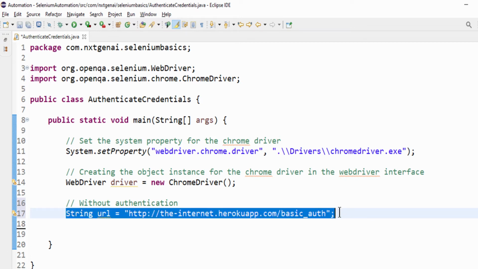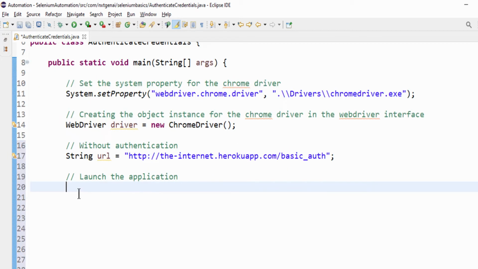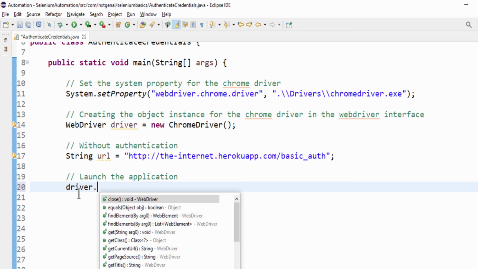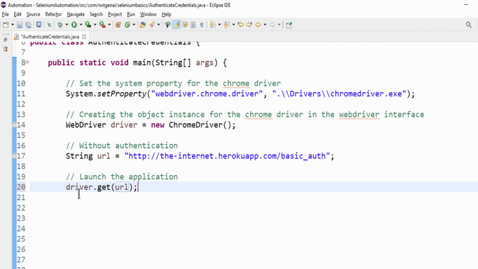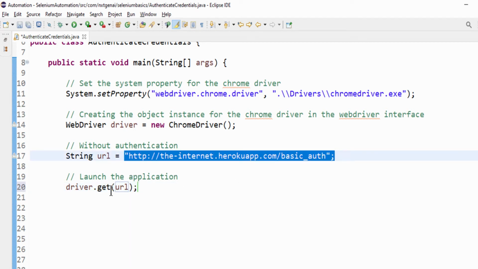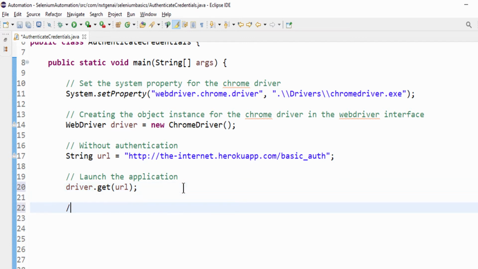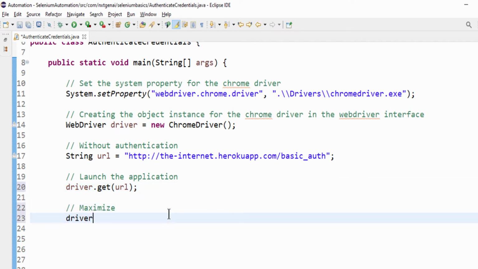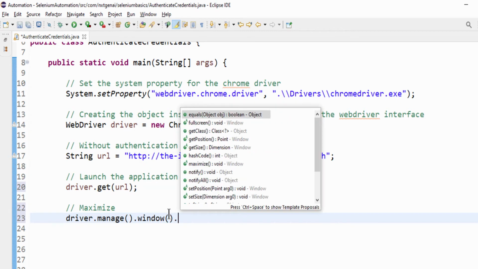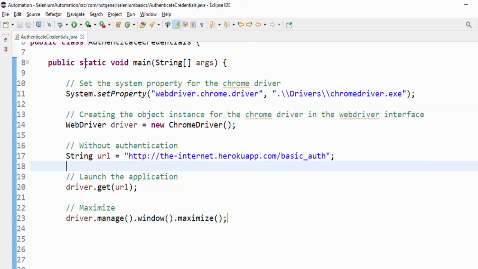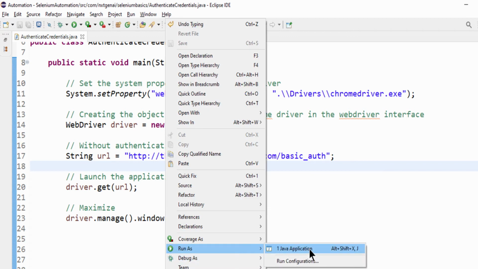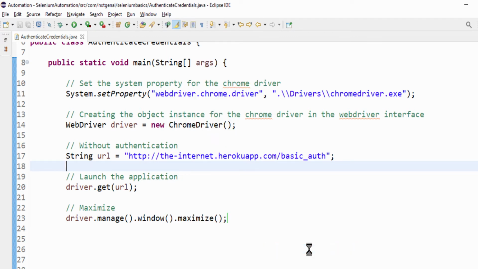If we launch this, we will get that pop-up. To launch the application, driver.get, passing the URL value, this value here, and the next step, let's maximize: driver.manage().window().maximize(). Let's execute and see now. Run as Java application.